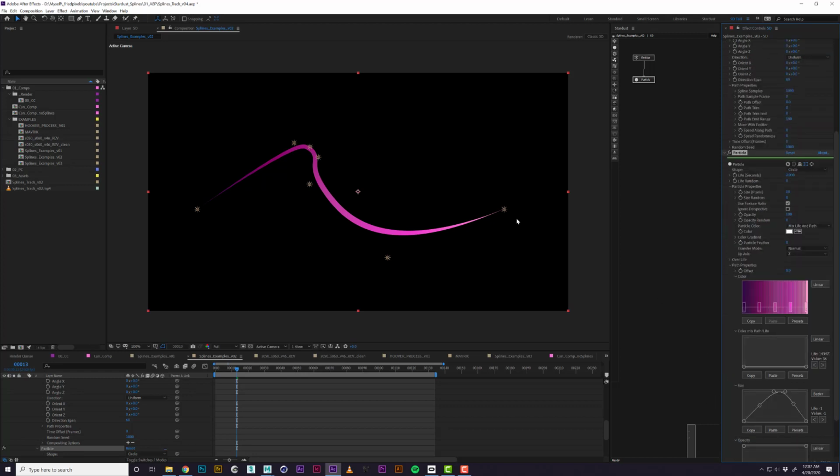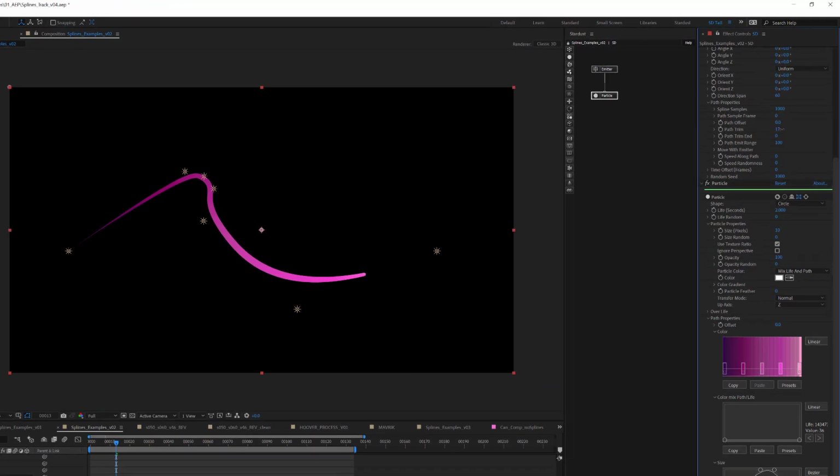What about if this was animating on or something? You would want that to kind of draw on. Up here we have some path trim options. So what we have is parameters that you could animate. Here's trim from the end and trim from the beginning. And there is an offset.